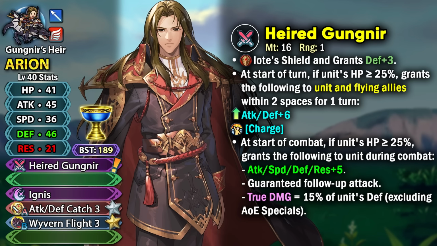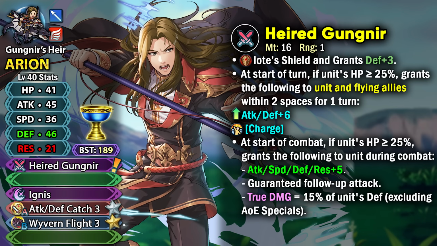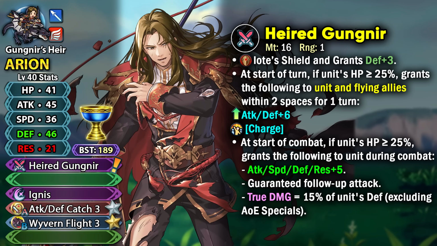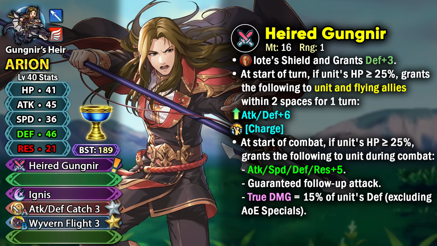At start of turn, if he's at or above 25% HP, then he can give himself and the flying allies within 2 spaces +6 attack and defense buff and the charged status. So this is going to be a bit reminiscent of Legendary Hinoka with her rallying cry. And this is really good to have on a free-to-play unit because you can increase the mobility of your flying units while also running guidance or soaring guidance in your slot C, which is something that Legendary Hinoka cannot really